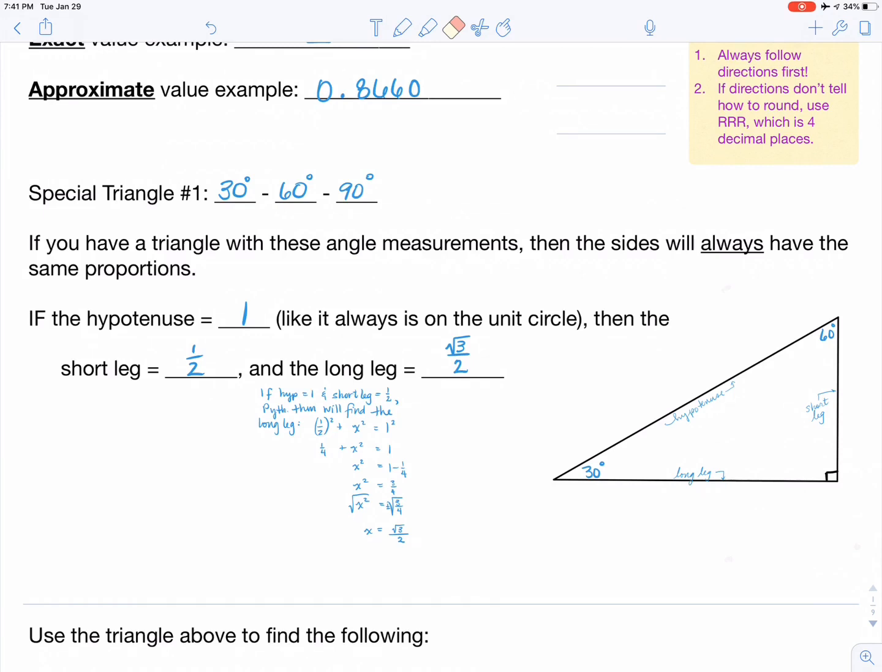Now, I do have some work to show how I got some of this. This is just basically for your use. You don't have to do anything with that, but I just thought some of you might be interested in seeing how I got at least the long leg's length. On the picture over here, again, the hypotenuse we've called 1. That's not going to be the case for every single 30, 60, 90, but it does happen on our unit circle. If that's going to occur, then the short leg is always going to be 1/2, and the long leg will always equal